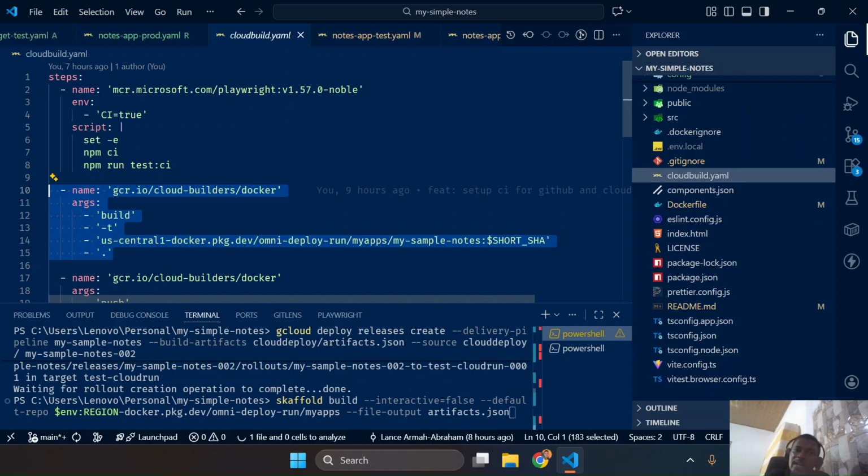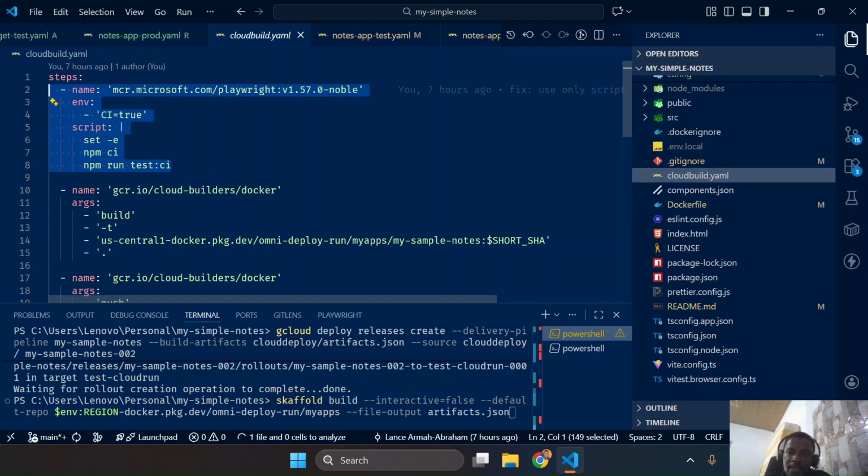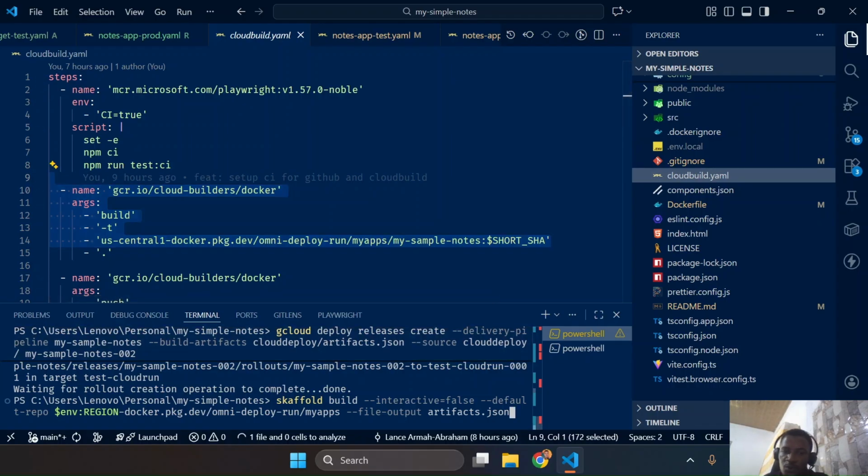And so now you would then need to go to kind of like the, yeah. So you can run the scaffold step here. And then the next step, you will do the release. So this will then release to the test environment or the test target. And then you will go ahead to do the promotions to the other environments from the Google Cloud Console, right? Because as you can see here, even if you look at the ways that we apply